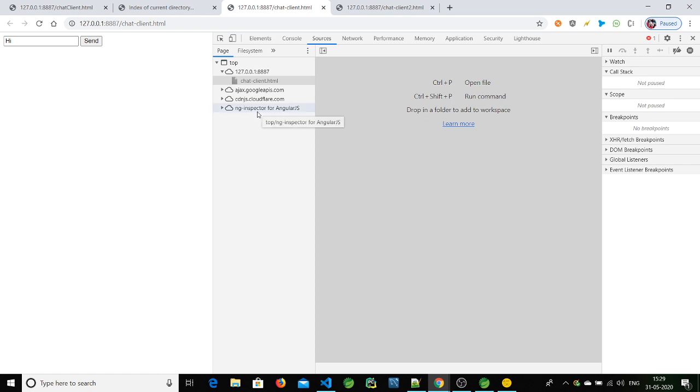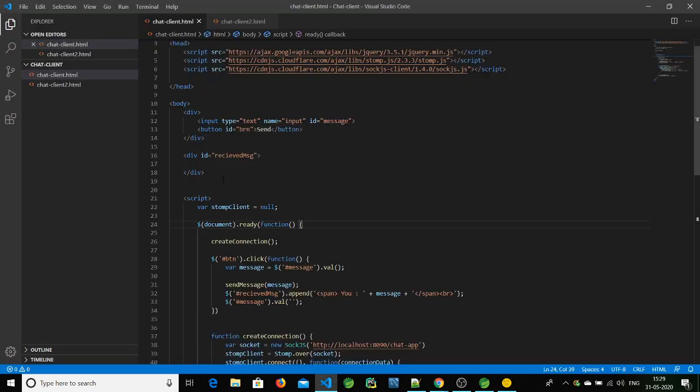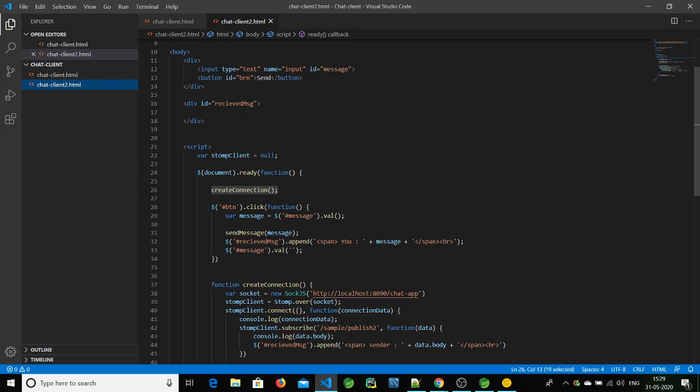From source, this is the file. Here the button gets clicked. So let's click on it. Okay, not getting it. Oh, the name which I have given is a mistake from my side. This is btn. Okay, this was the problem. So let's resolve this here also, btn. Now it looks good.